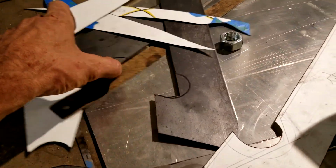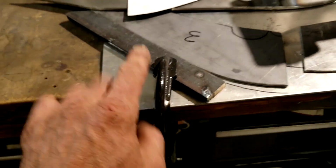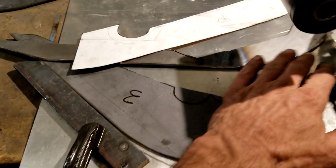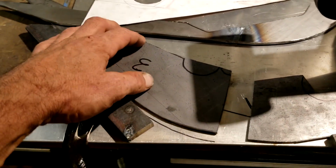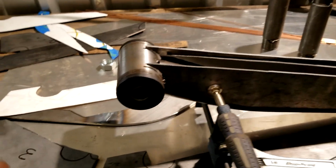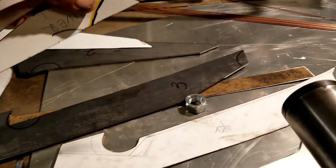Anyway, got all those plates cut out. Made a simple fixture here to get the angles right. And I slid those down and buzzed them up, and here's what we got. So we have an internal